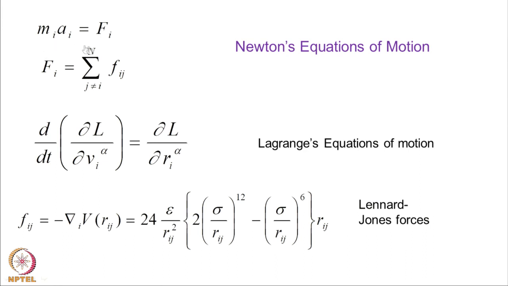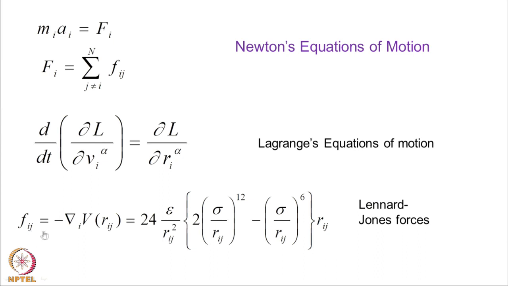So, the top line shows the Newton's equations of motion and this force is nothing but gradient of the potential. What is the meaning of gradient? You plot the potential along a distance and take the slope along that direction. So, that is my force. Force is the gradient of the potential and is the formula for the force. And to find this formula for the force, you need that model for the potential. In this case, the model for potential was the Lennard-Jones potential. So, this would be the force between any two particles i and j.